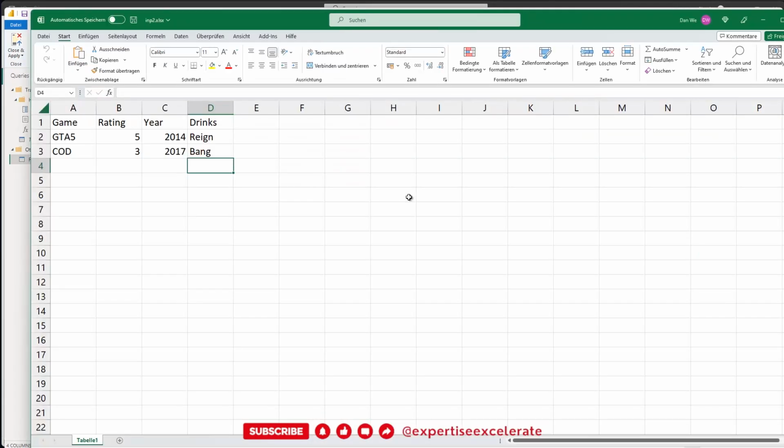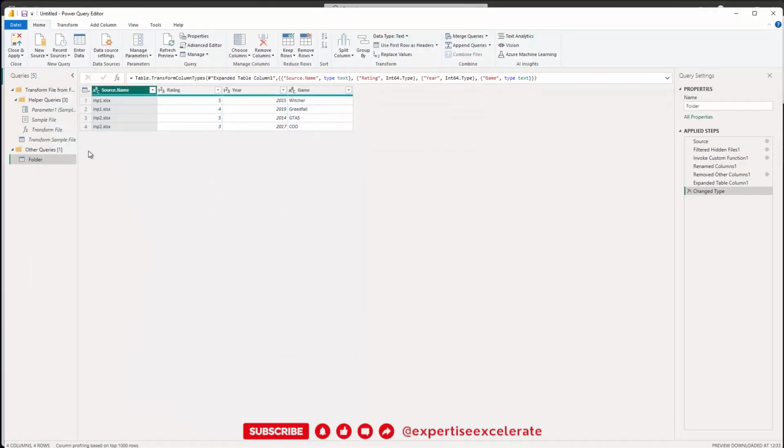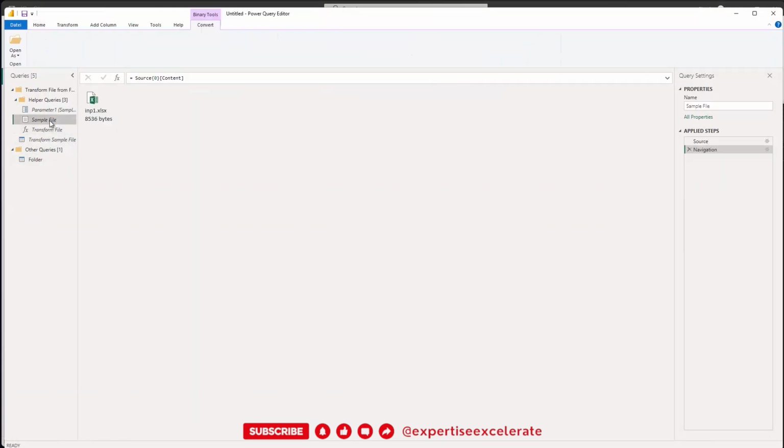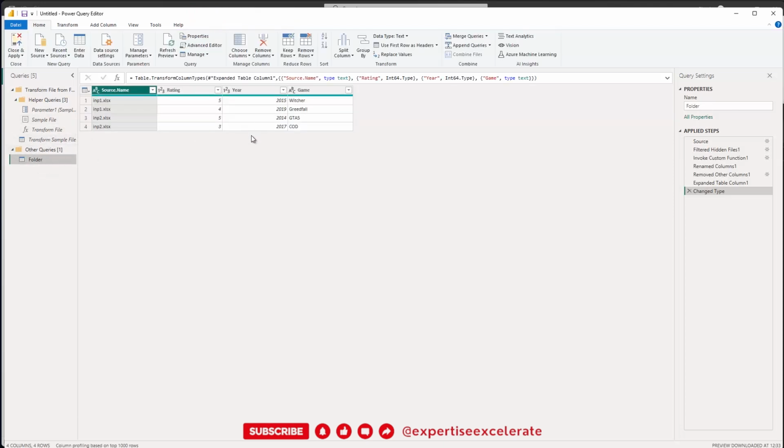But what about the drinks column? Remember, in the second file I had one additional column, which is drinks, in this case energy drinks, but that doesn't matter. This drinks column is not included, because what Power BI did is use a sample file. In this case the sample file for us was the first input. We had the option to choose the second one also if we wanted, but based on this